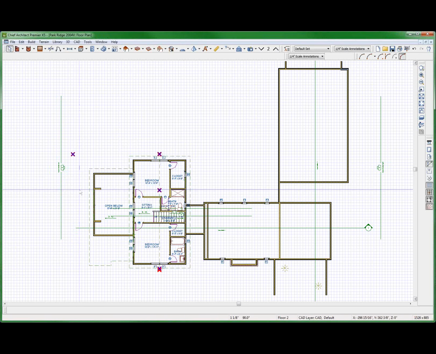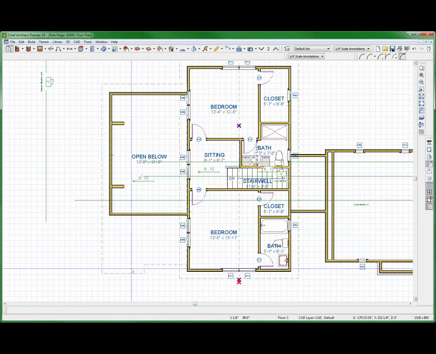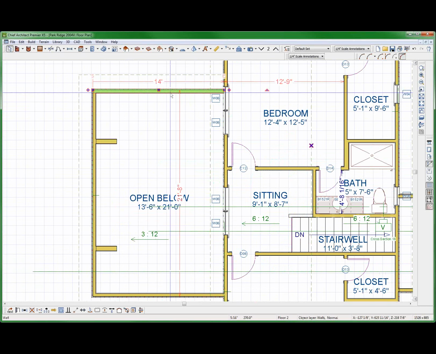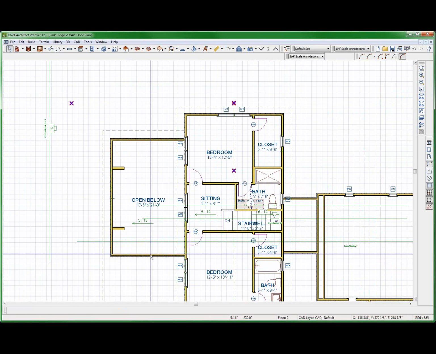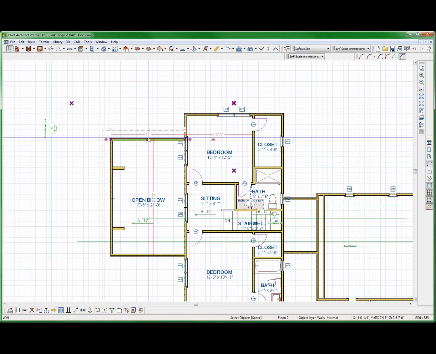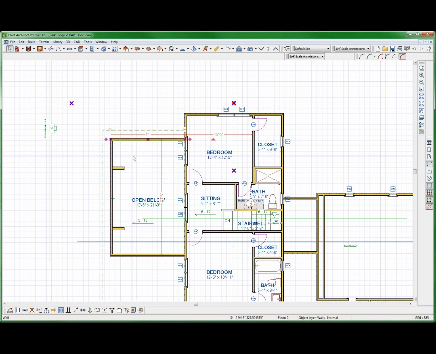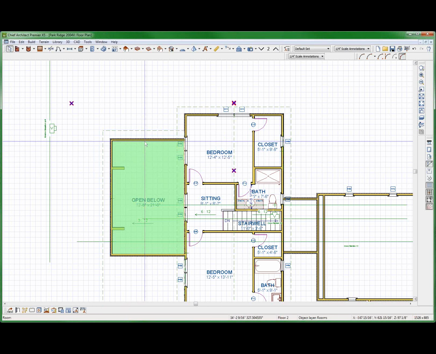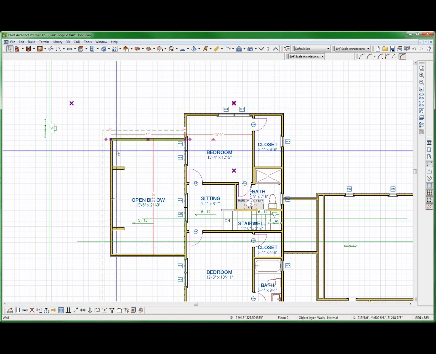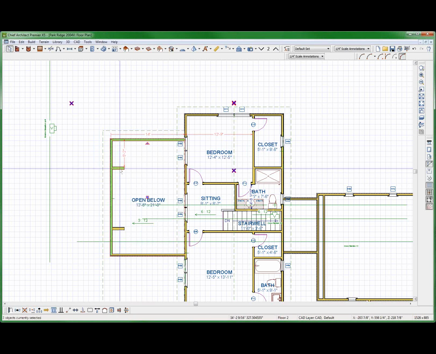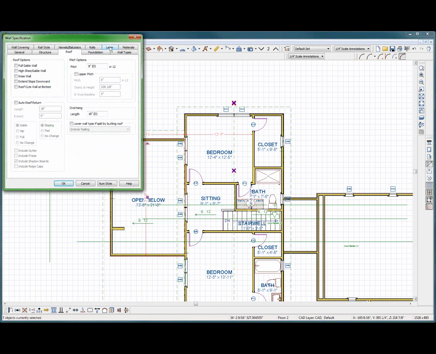Lower wall type. Another reason I think my method is better than other methods that have been discussed is because the walls I've created right here now show up in plan view. If you don't want to see these walls in plan view, and you understand that I made this a room and it works well, all you have to do is put them on their own layer,